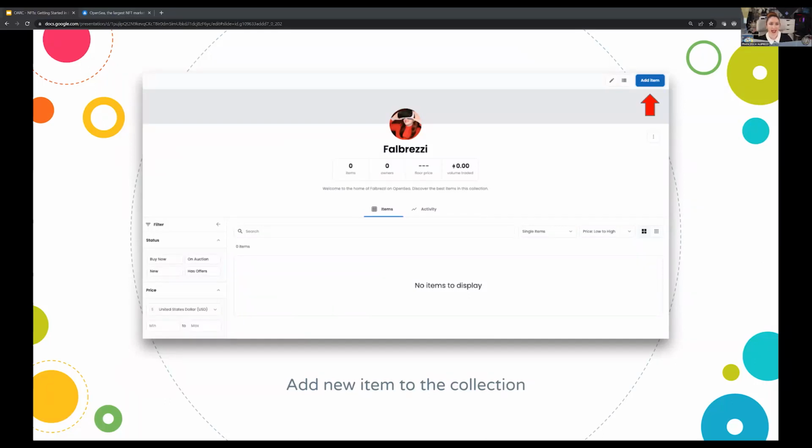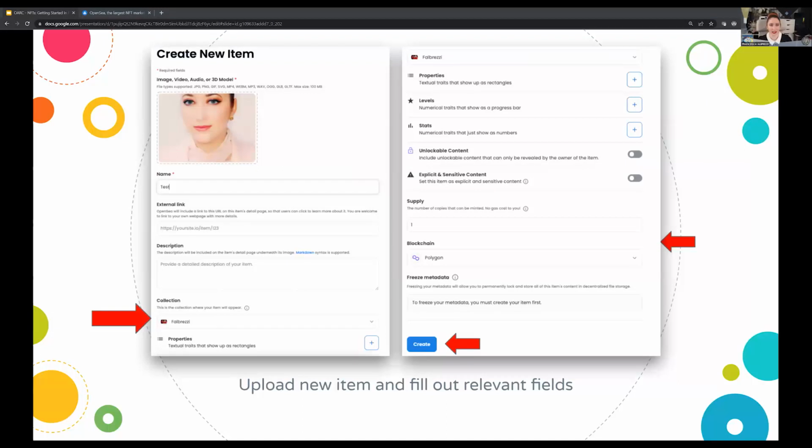Now, we add a new item to this collection, just like we did before, and we click on Add Item in the upper right-hand corner. So this is slightly different than Create. Now we're in the collection, and then we click Add Item. Since we did this before, it should be familiar.